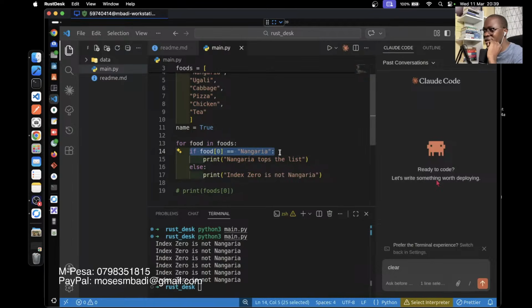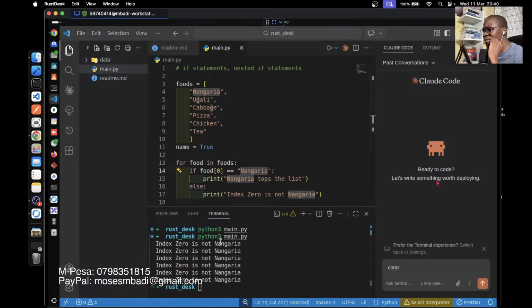So let's see why this returned false. If food at index 0 is Nangaria, can anybody see the error there? There's a bug. Why did our code print index 0 is not Nangaria, when as you can see here, index 0 is Nangaria? So why was this code executed instead of this? Because this returned false. Does anybody see why?